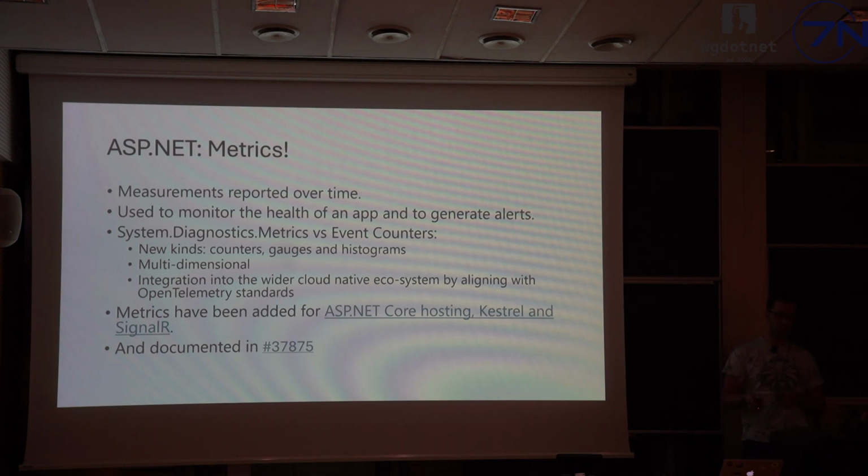In .NET 5 or 6, we introduced System.Diagnostics.Metrics, which are much better than event counters because, for example, they can be multidimensional. They are not just single values. You can also have histograms. And to tell the long story short, a big part of ASP.NET has been annotated with metrics. So it's reporting metrics everywhere where we believe it matters.